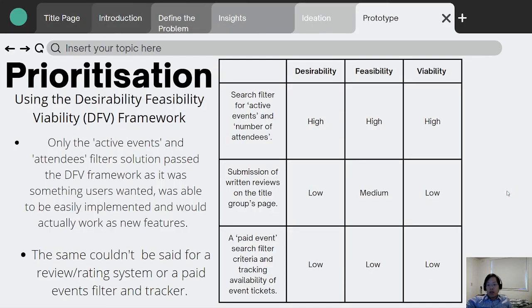So we've got a whole number of solutions here, and we need to know which of them we move forward with. And the question is, how do we do that? The answer is the desirability, feasibility, and viability framework. When filtered through this framework, the only proposed solution which passes on all criteria is the active events and number of attendees filter. Okay, so in other words, the users want these filters, we can easily implement it, and